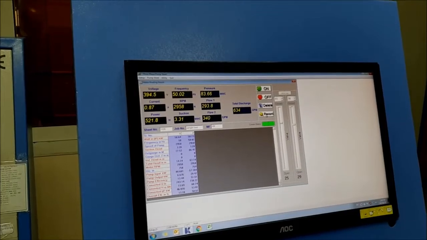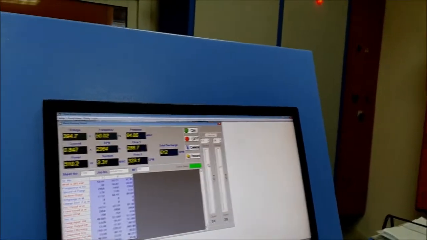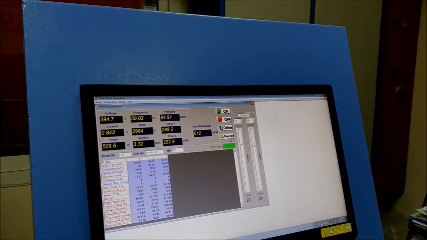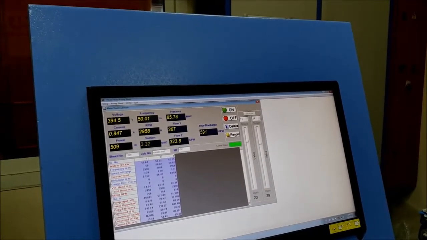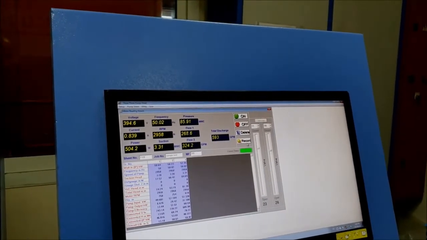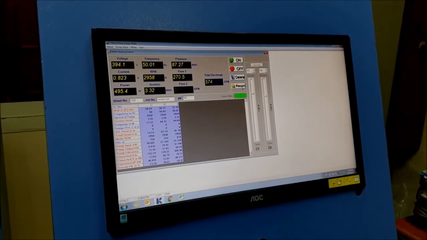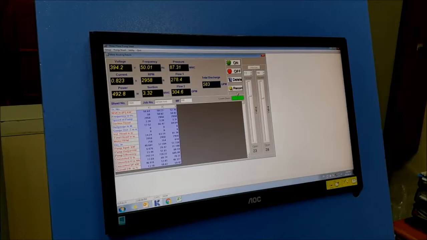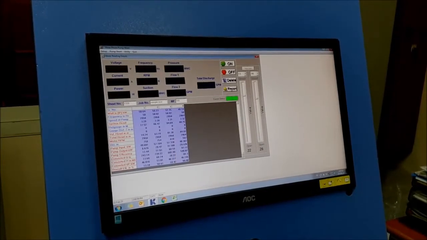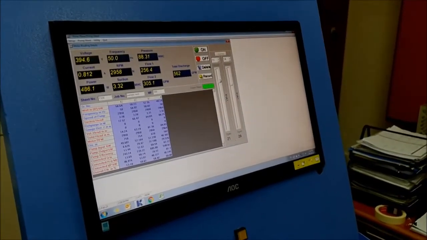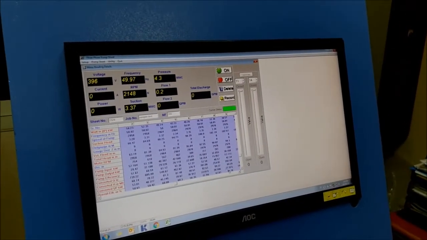In this system we are using a motorized butterfly valve. We have taken around 10 readings here and now it is turned off.